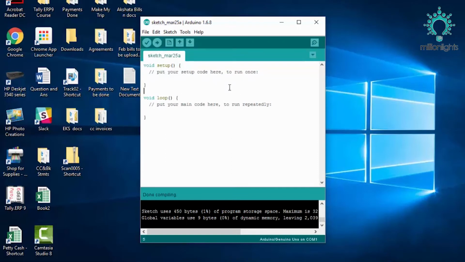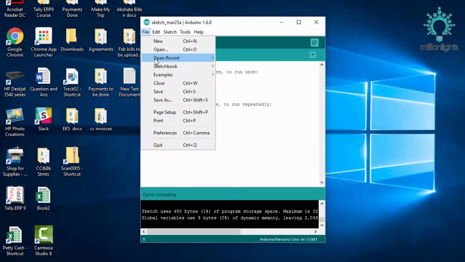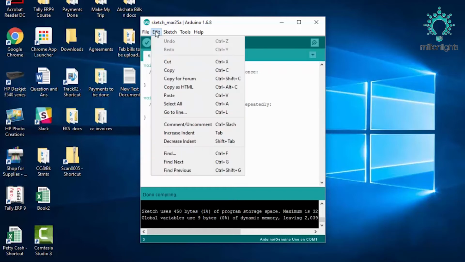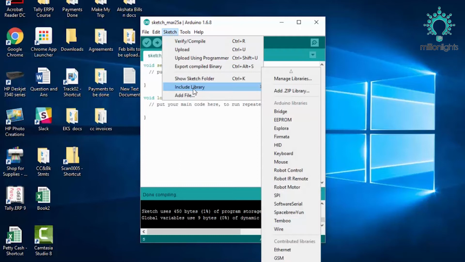Fine. So we have seen these two buttons, we have seen the work of the editor, and we have also seen this black area. Now a few other things we'll see. This is a tab for file, in which we have new, open, open recent. These are used for opening new sketches, the recent one, and so on. They are also used for saving and printing. Then we have another tab for edit, used for copying, pasting and similar things. Then sketch is one more tab, used for including libraries. We'll be needing libraries for a few of the sensors, LCDs and other things. In the next modules we'll be discussing how to include the libraries.